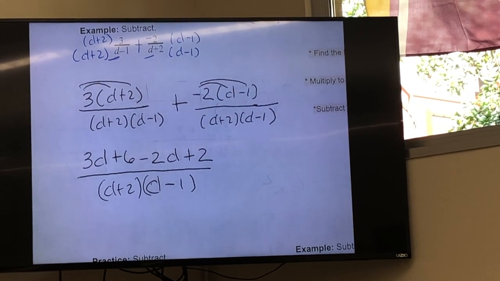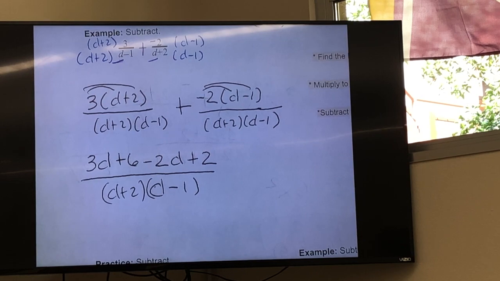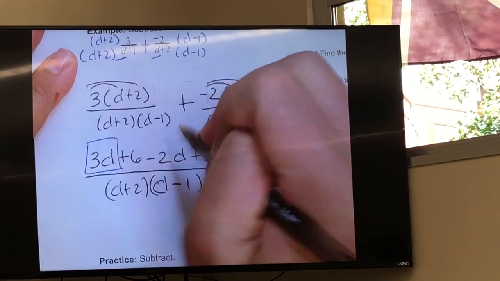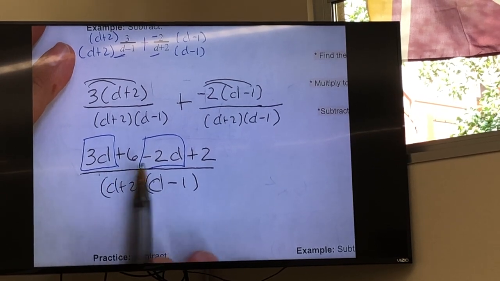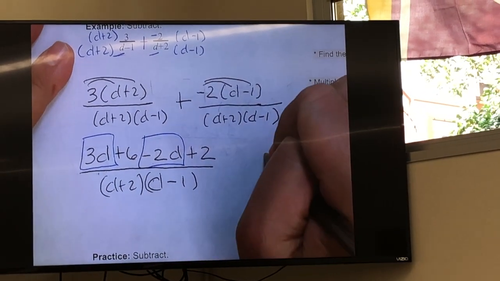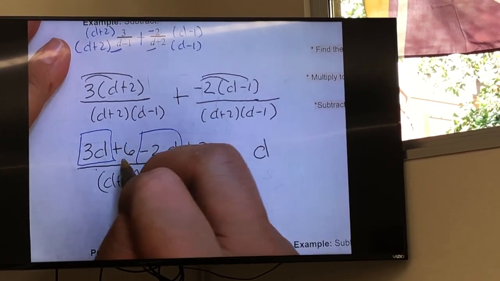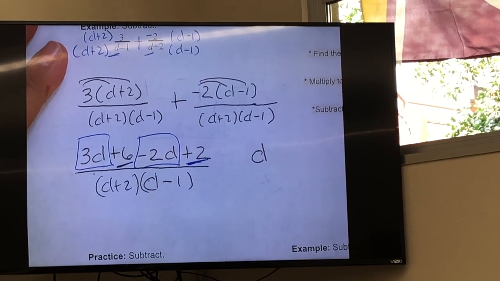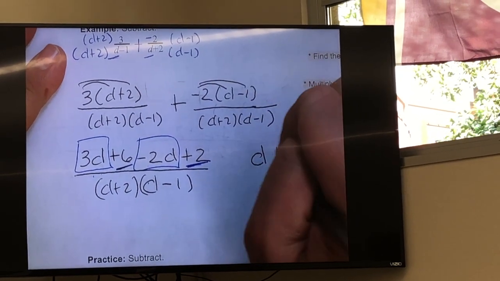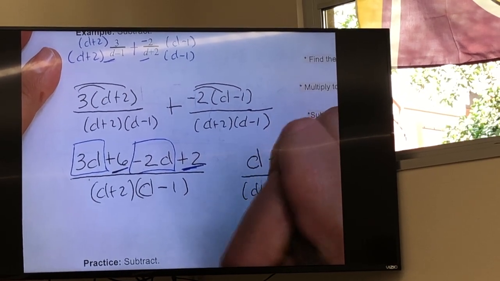Okay? Last step from here is to combine our like terms. We have 3d's subtracting 2d's to leave us with a 1d. We have a positive 6 adding to a positive 2, which makes a positive 8, all over